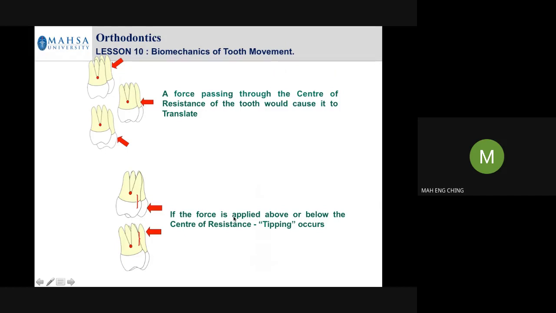So a force passed through the central resistance of the tooth will cause it to translate. Translate means it moves linearly without causing any rotation. But if the force is applied above or below the central resistance, it causes tipping or rotation. So if you put a force through the central resistance, it should move the tooth in a translation movement, meaning bodily. But if you put the force above or below the central resistance, it causes rotation of the tooth